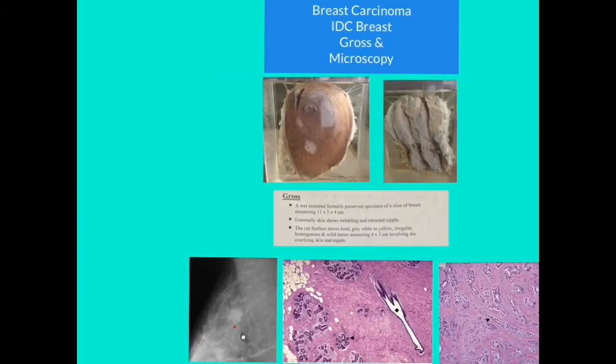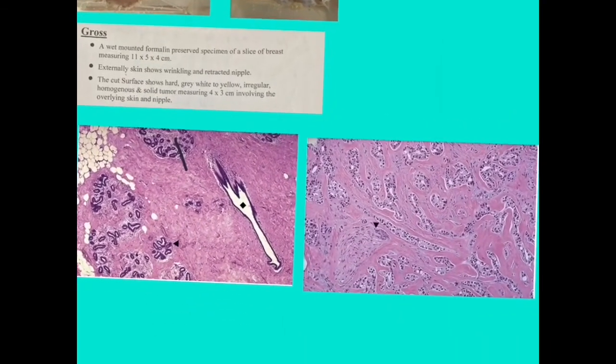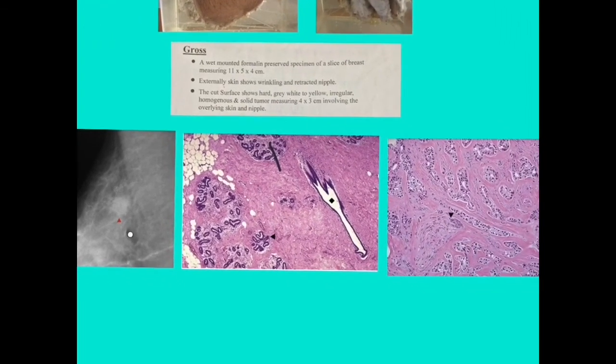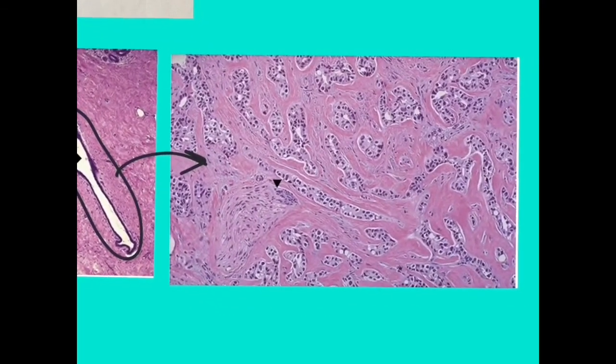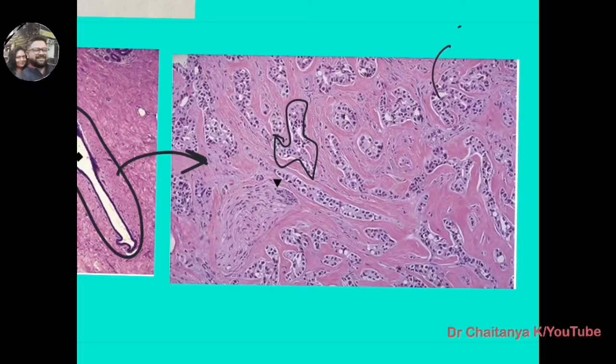Coming to the malignant feature, here you can see clearly this is the histopathology which I showed you in Rina's mother's report, and this is the x-ray. Here you can see this is the normal histology which I already showed you. This is the normal duct, and now it has been converted into this. The pathology I am not going to describe or teach you here as this is a practical. What I want to mention is that these ducts become irregular, and the individual epithelial cell shows malignant change. That malignant change means increased NC ratio.